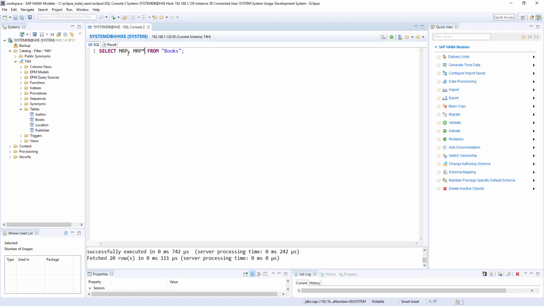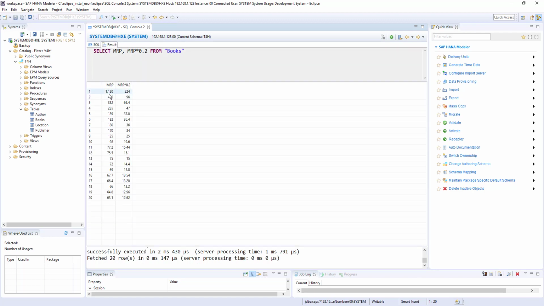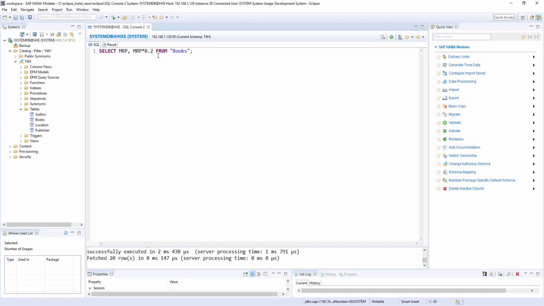Then MRP multiplied by 0.2, and out of 1120, 224 is the 20%, 480.96 is the 20%. The result column MRP star 0.2 is not looking good, so we will use aliasing as.